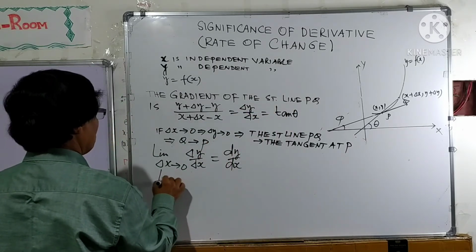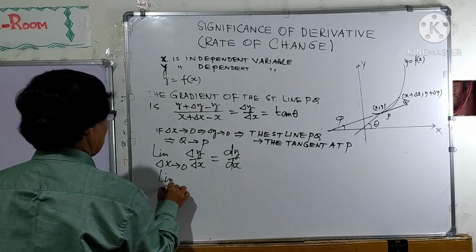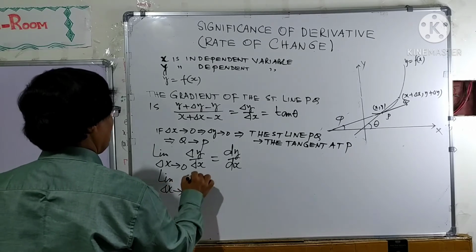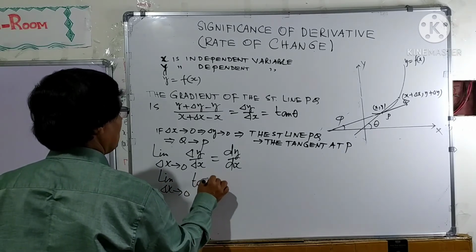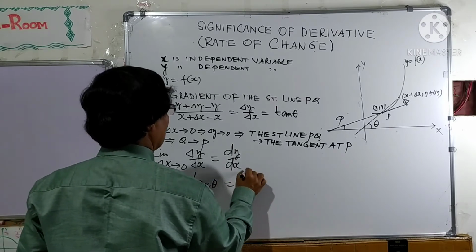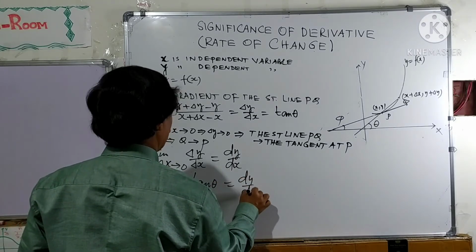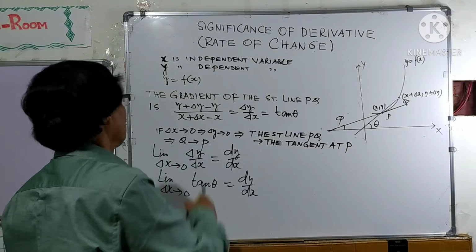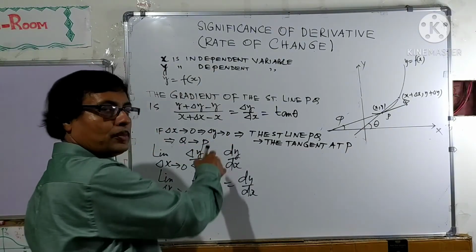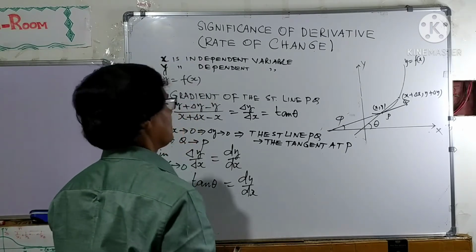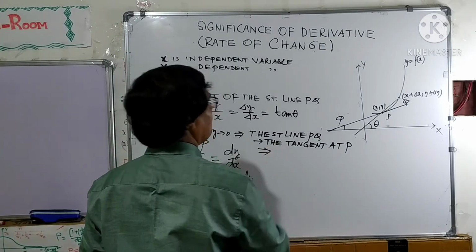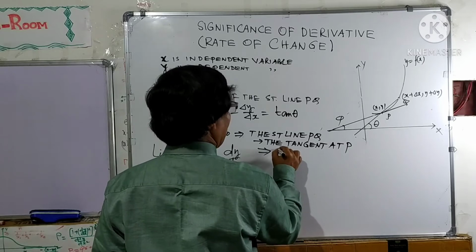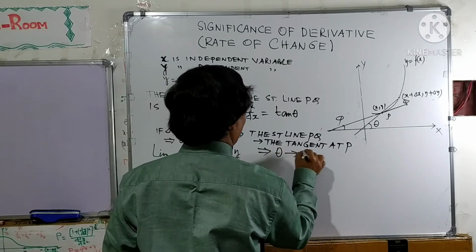That is, the limit as del x tends to 0 of tan theta equals dy dx. Also, del x tends to 0 means del y tends to 0, then Q approaches P. Also we can say theta approaches phi,